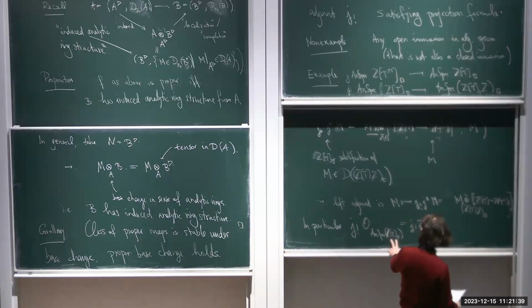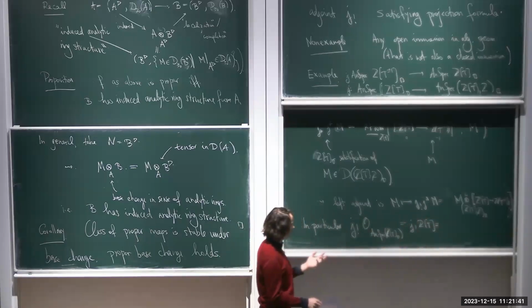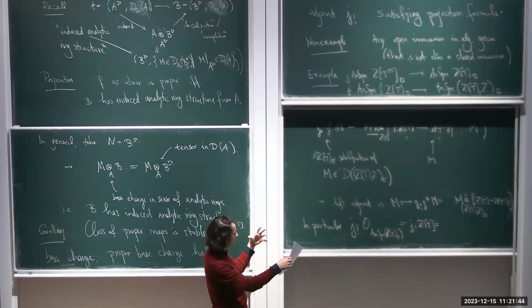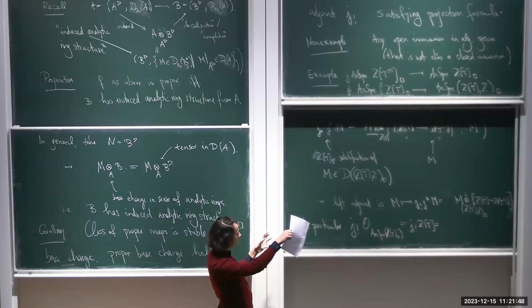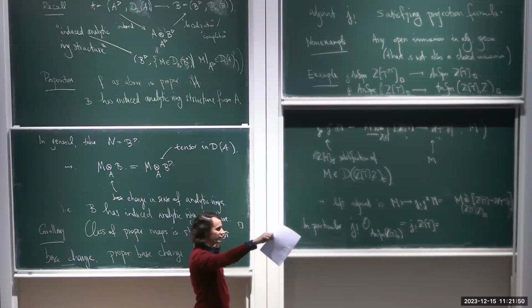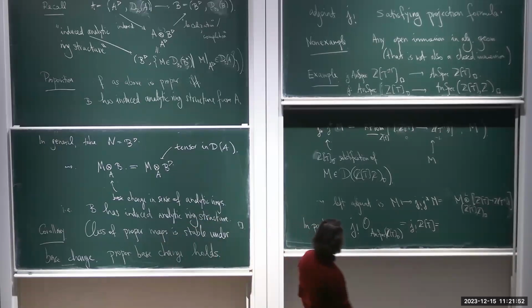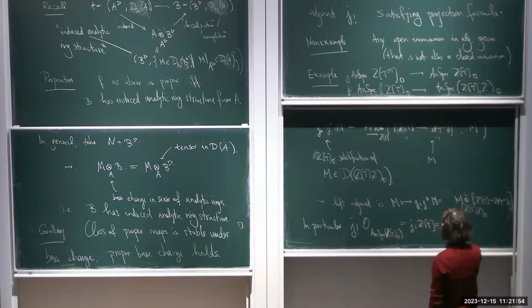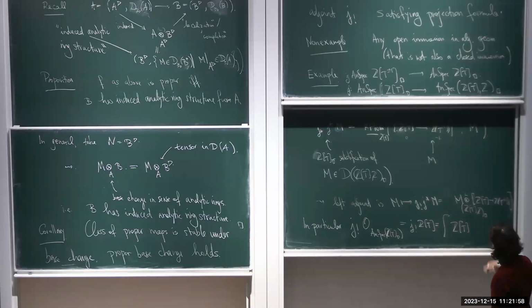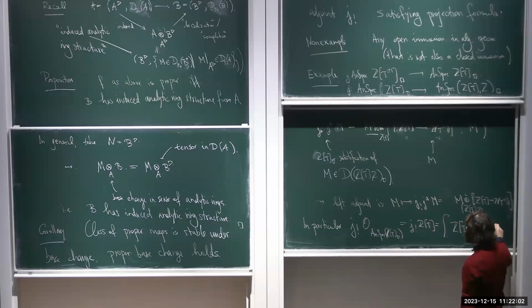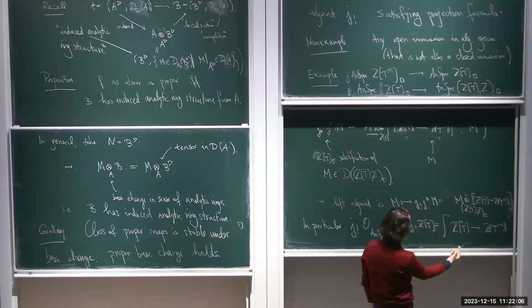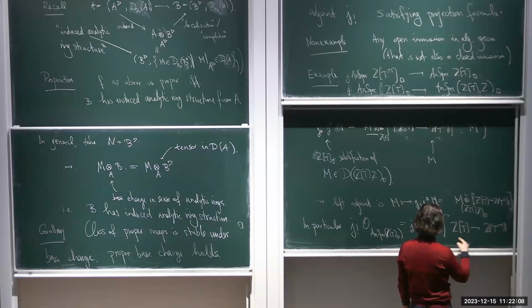Well, what should it take to somehow give a compactly supported thing? If you want a function on your space which has compact support, it should vanish near infinity. So giving a function, well, that's an element in Z[T]. And now you want to say that it vanishes at infinity. But near infinity, you get functions that are these Laurent series in T inverse. And so you would like to take functions that vanish near infinity, so that lie in the kernel of this